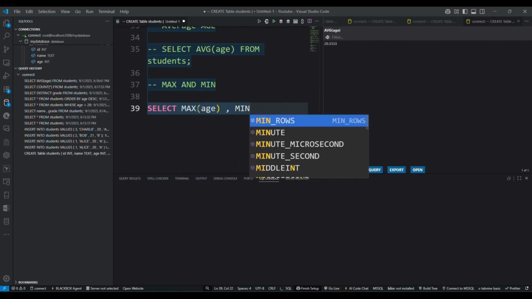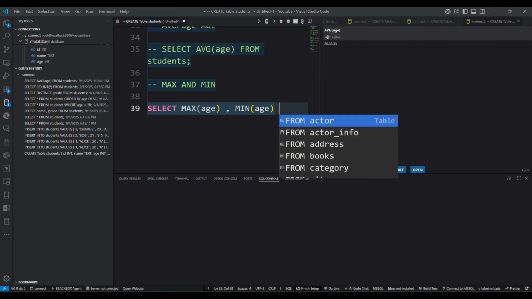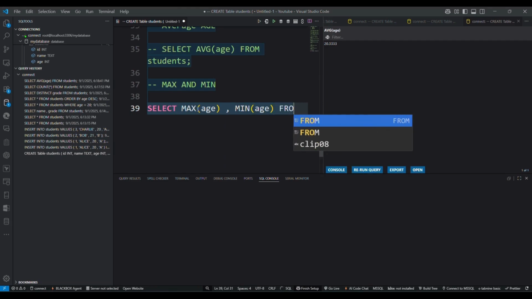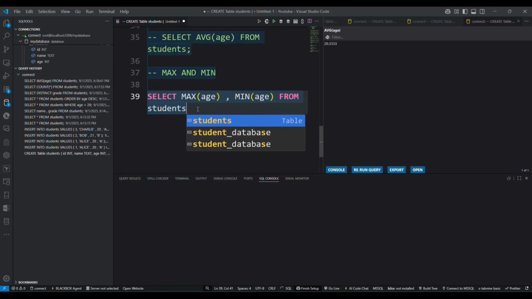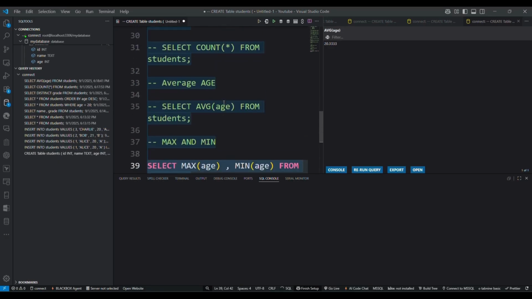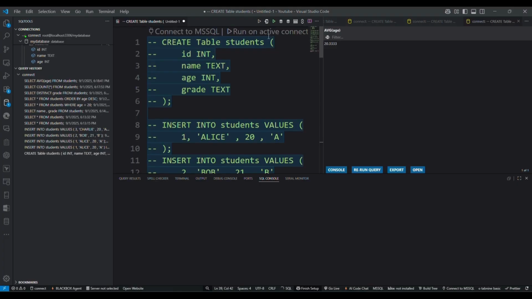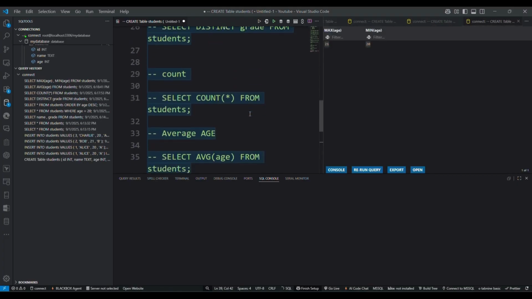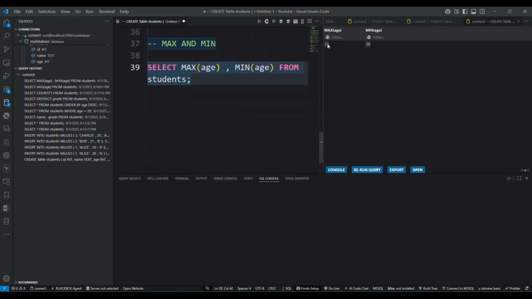So this finds the oldest and youngest students. So if we run this, we can see the maximum age is 21 and minimum age is 20.